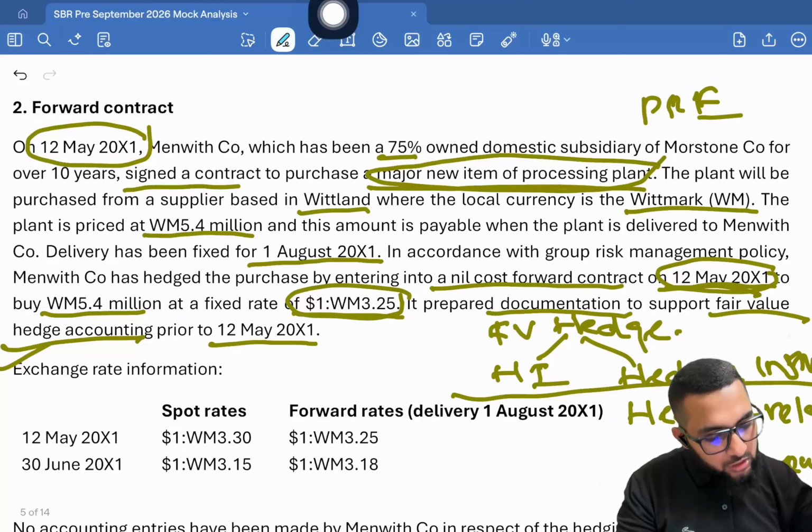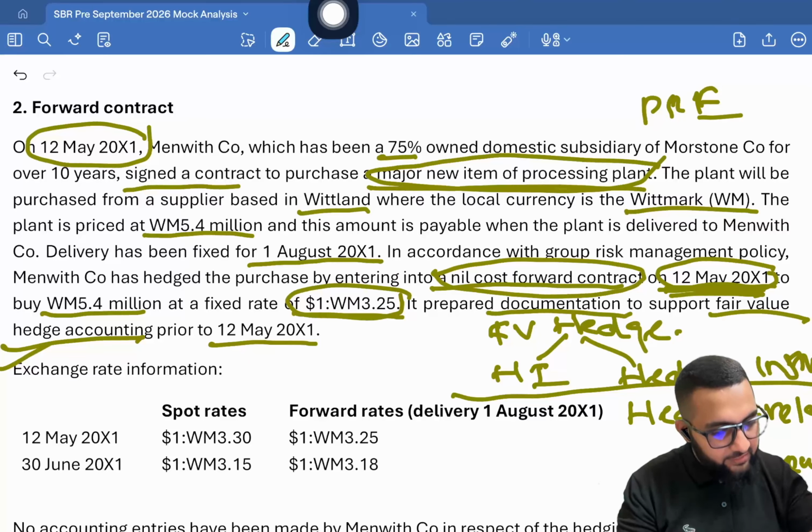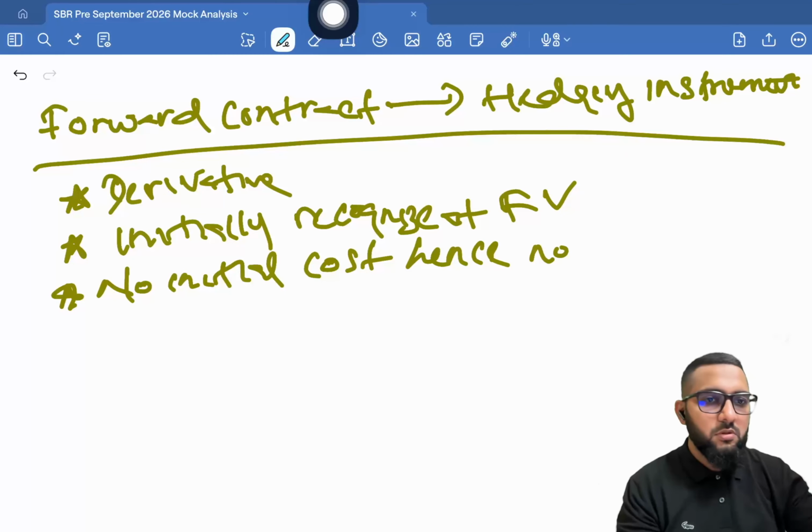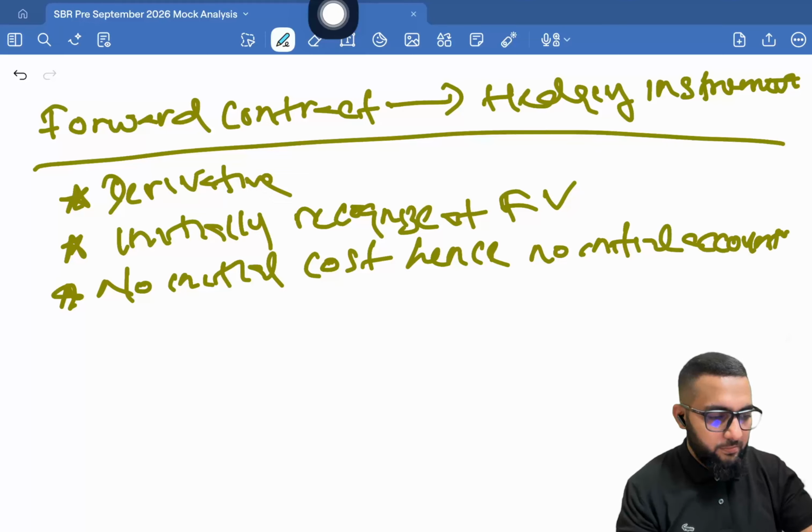By entering into a nil cost forward contract on 12th May, on the date the forward contract was entered into, the cost was nil, right? It was a nil cost. Okay, therefore no initial cost. All right, since no initial cost, hence no initial accounting entry. Okay,